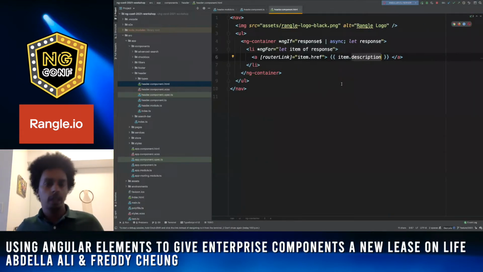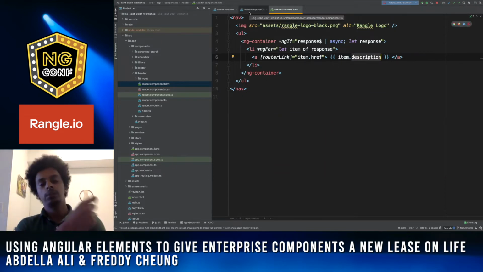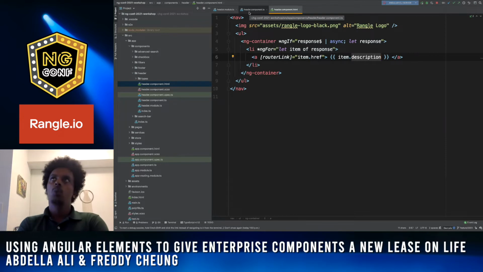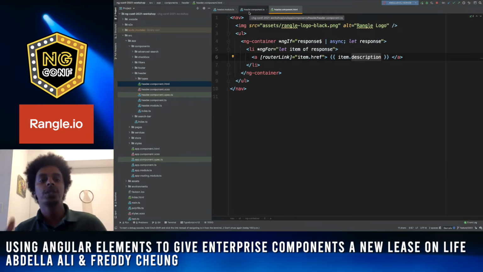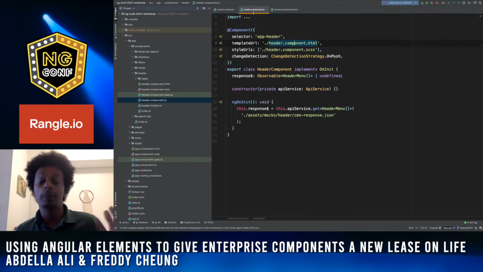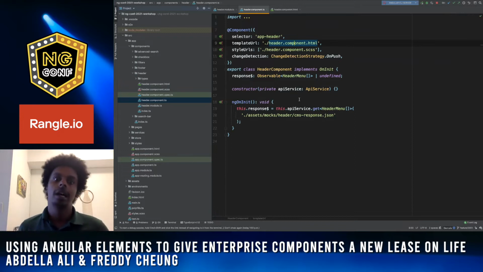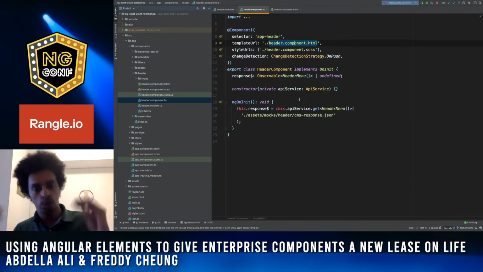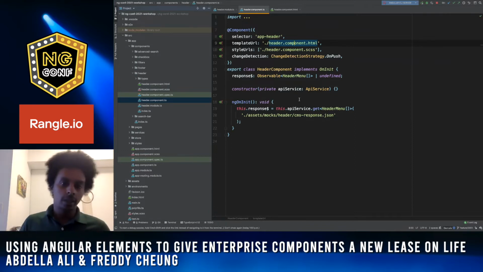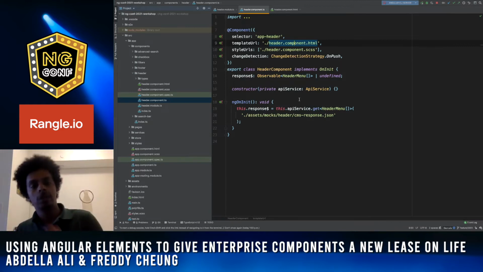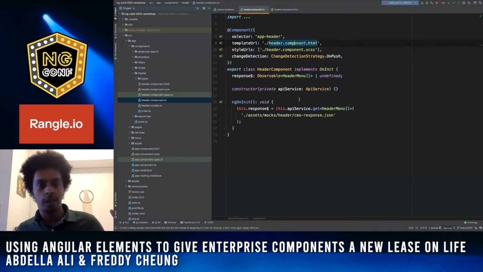So yeah, great. It's awesome. It works. We have it there. But what's the problem? Now, this kind of ties back into what we talked about before when it comes to inputs. When we make this into a web component like we're about to, an Angular element, we are essentially binding it to the structure very explicitly, meaning that whoever else consumes this component, this header, will not have the opportunity to change what's going on unless you can somehow